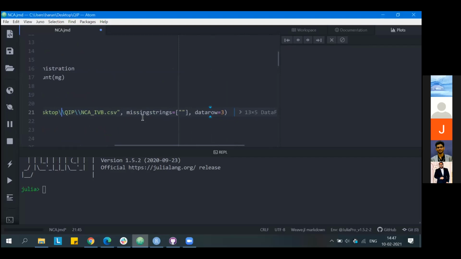The next command within the importing function is missingstrings. This indicates that in my data set, I have a few cells which don't have any value at all. That is, within the quotes, I have not mentioned anything, which indicates it is an empty cell.